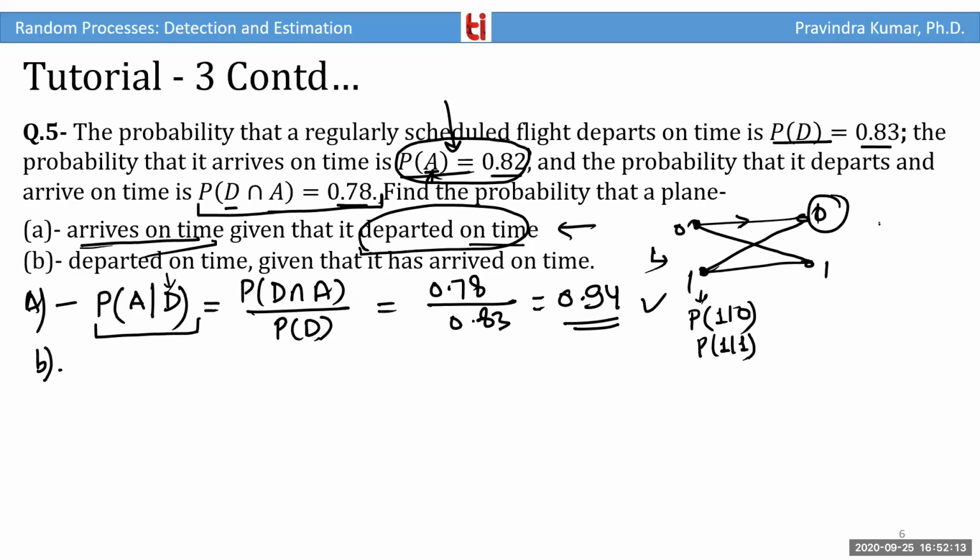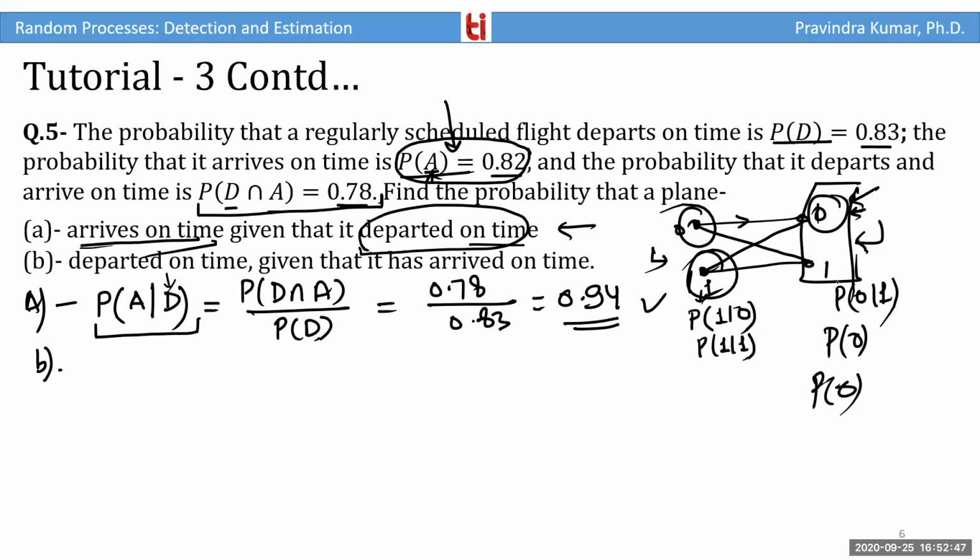ट्रांसमीटर. लेकिन जब मैं यहाँ पर खड़ा हूँ, मुझे 0 रिसीव हुआ है, सो व्हाट इज द प्रोबेबिलिटी दैट 1 वाज ट्रांसमिटेड. अब ये इंफॉर्मेशन चेंज हो गई, मुझे इंफॉर्मेशन नहीं पता है। हाँ, अगर मुझे पता होता कि 0 मुझे मिला है और मुझे पता है 0 ही ट्रांसमिट किया गया है, ये एक इंफॉर्मेशन है। और दूसरी इंफॉर्मेशन एक और हो सकती है कि मुझे 0 रिसीव हुआ है लेकिन मैंने 1 ट्रांसमिट किया था, ये भी इंफॉर्मेशन मुझे पता है। लेकिन अगर मुझे कुछ नहीं पता है, बस मुझे ये पता है कि 0 मुझे रिसीव हुआ है, तो इसकी क्या प्रोबेबिलिटी है कि 1 ट्रांसमिट हुआ।